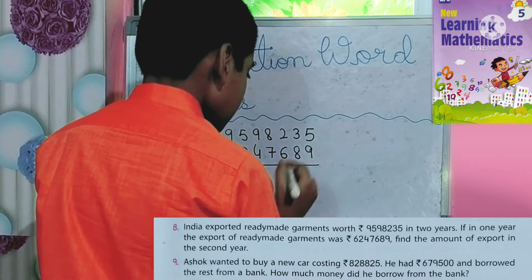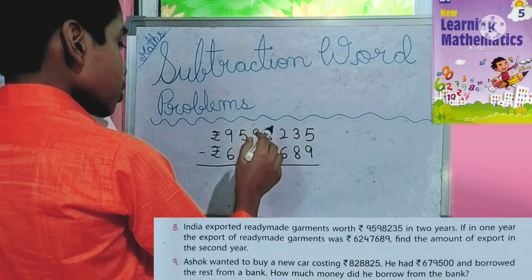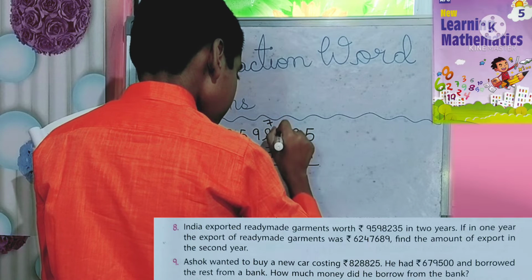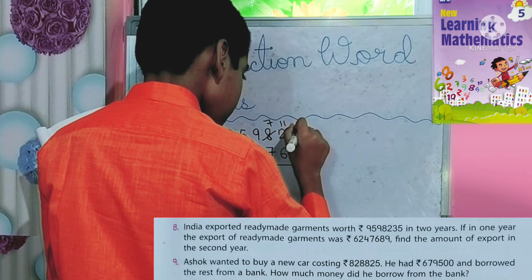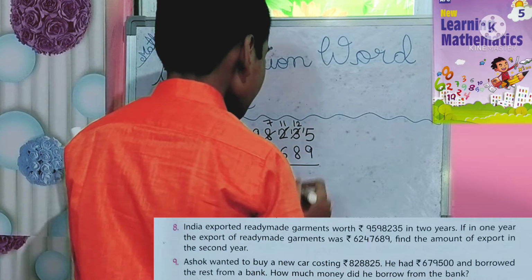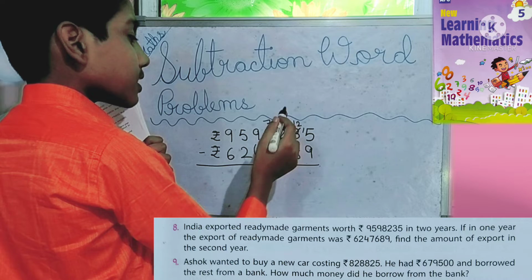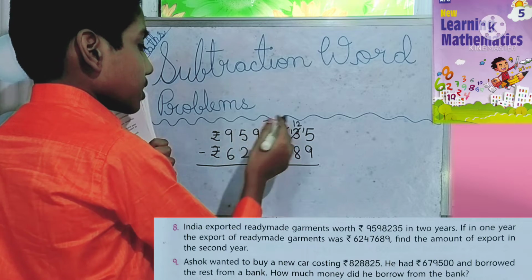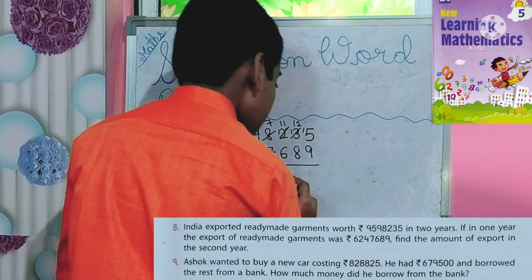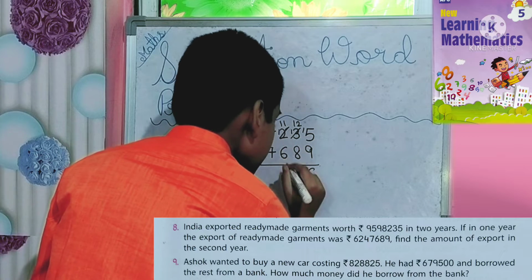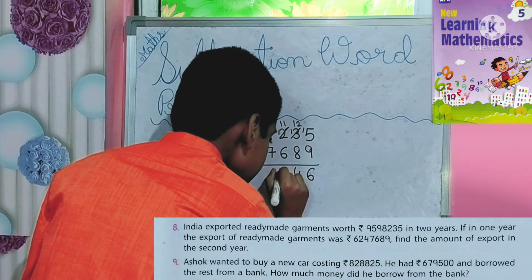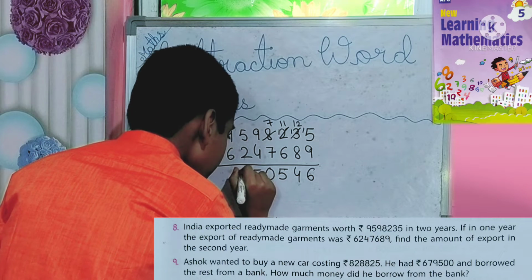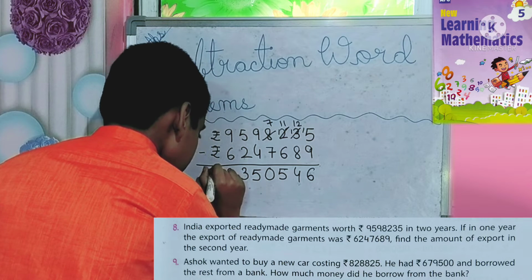Now let's do the minus. Here you can see 5 is small, 3 is also small, 2 is also small, 8 is bigger. Actually you can take from 3 also, but then also it will become smaller only. So let's take from the large number. So now let's do minus: 15 minus 9, 6. 12 minus 8, 4. 11 minus 6, 5. 7 minus 7, 0. 9 minus 4, 5. 5 minus 2, 3. 9 minus 6, also 3.